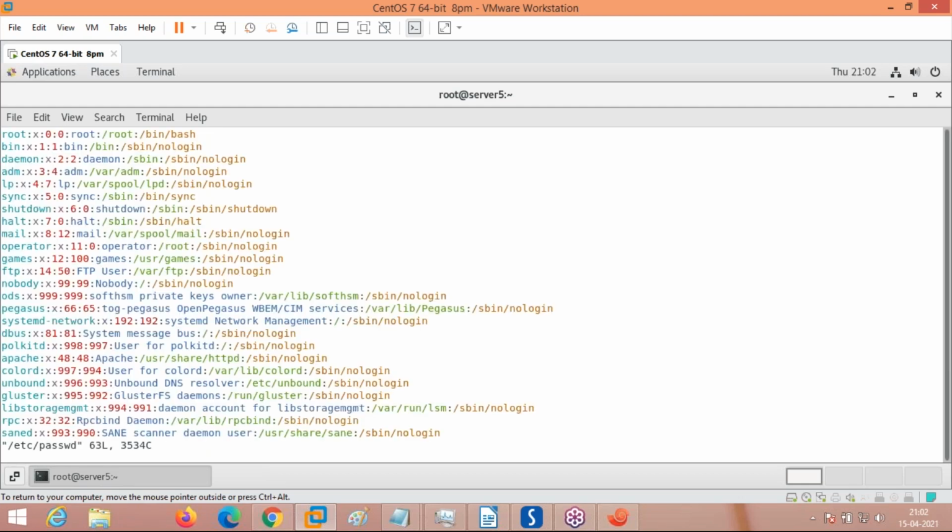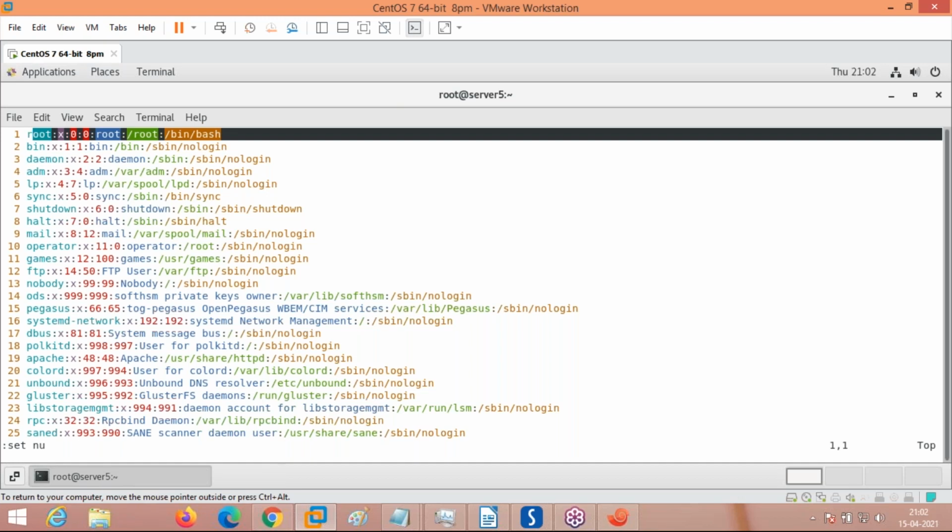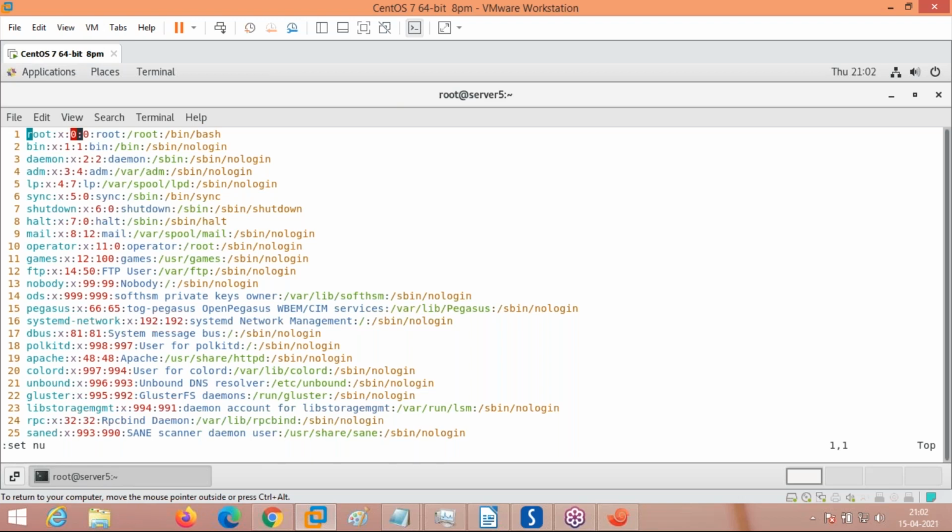When I press enter, you can see I am also setting line numbers. You can see the first user created. This is the file which maintains all the users existing in this server. When I select the first line, you can see root is shown with 0 0. What is the 0? User ID, group ID. Root is the admin. It is always assigned a user ID of 0. Now you can see user ID 1 here, which is in the name of bin. This is daemon, which is user ID 2.